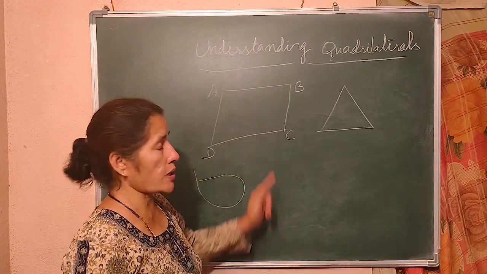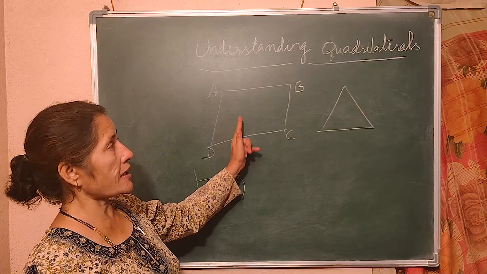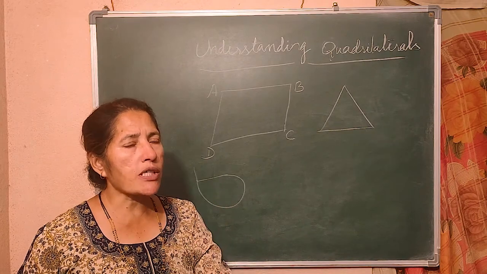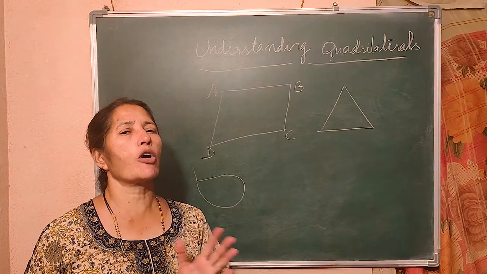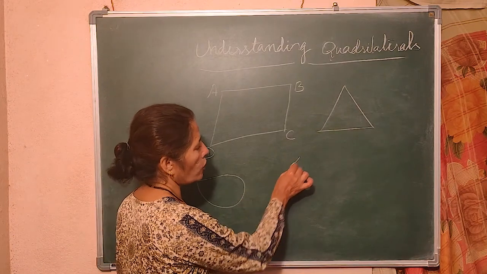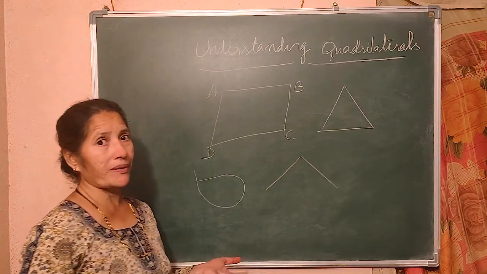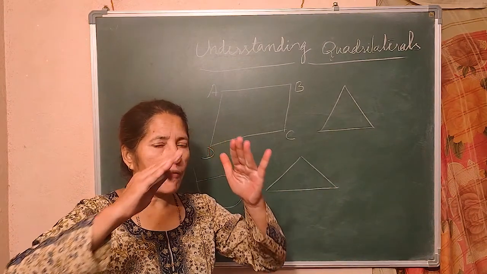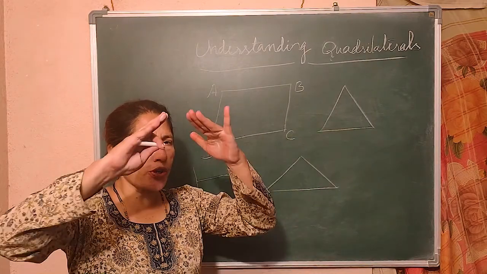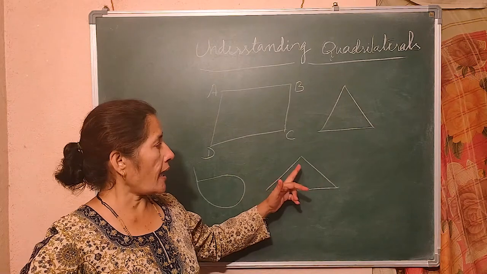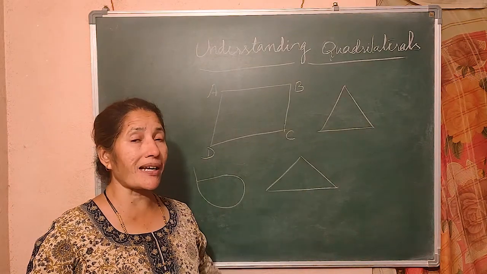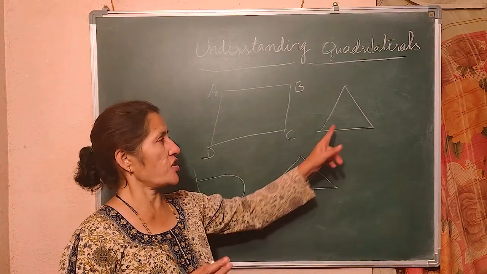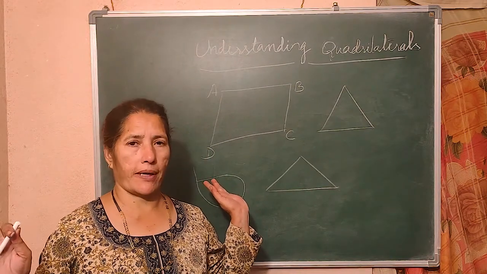Now, this is a closed figure. Before I discuss the quadrilateral, let me explain a little bit about the simple closed figure, closed curve or open curve. So can you tell me what is this, closed or open? It is open, it is not closed. If I draw like this, it is closed. So which is the minimum closed figure? The triangle. To form a polygon, at least three lines are required.